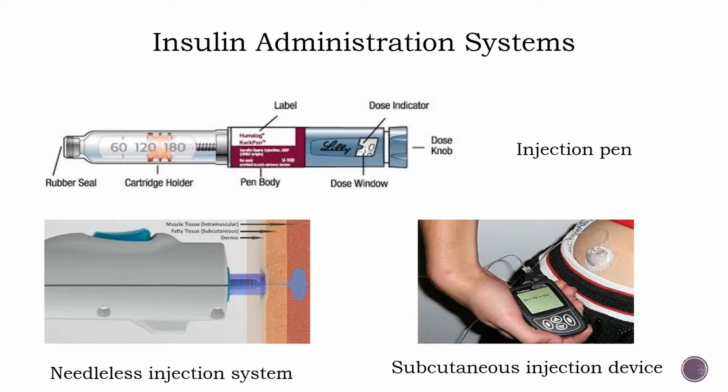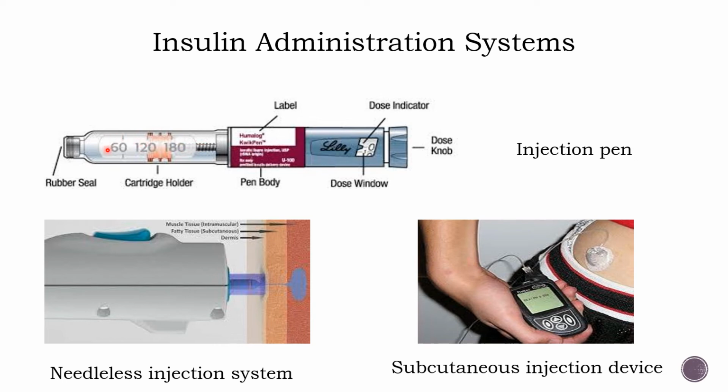So insulin administration systems, there are different systems available, but the most common one in the hospital nowadays is this injection pen. You can see the different parts of the insulin pen here. At the top, there is a little screw and the rubber seal. You can screw on the disposable needle. Then you can see this cartridge holder,